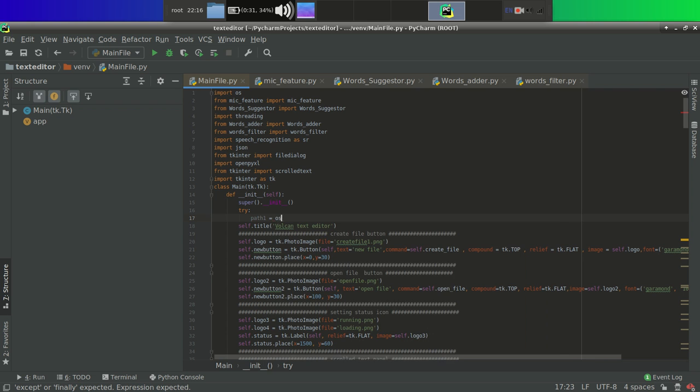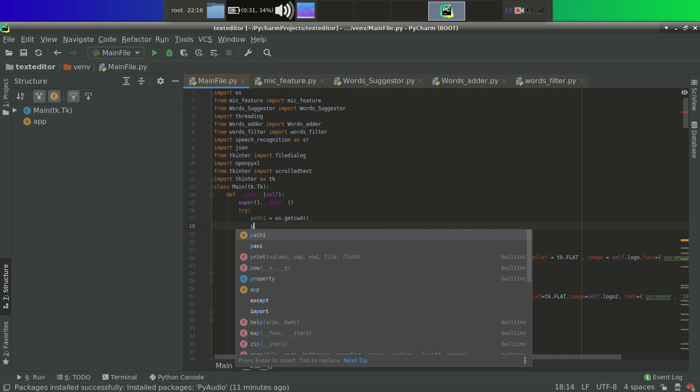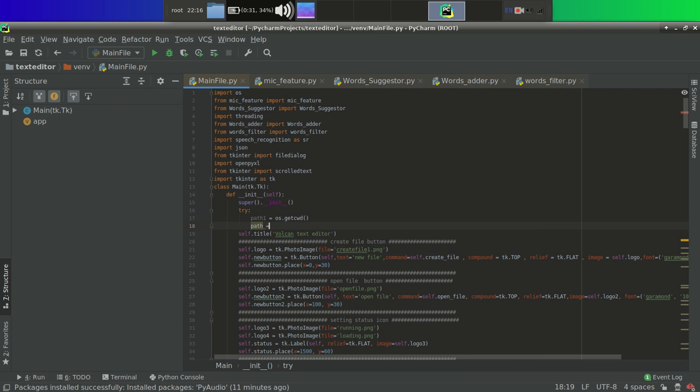I'll show you how. os.getcwd means we will get the current working directory, and path equal to path1 plus, meaning the current path, and after that you have to make a folder include, and in that folder there will be a folder of name resources, then text_usr meaning user, then logs, then traverse.